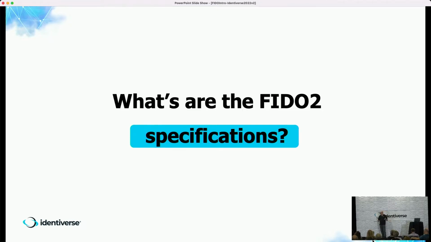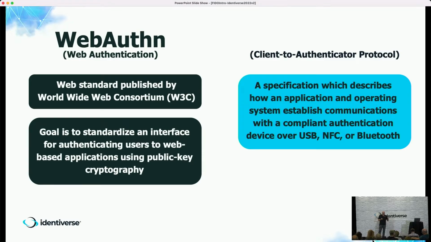So then there's the specifications. This is the standards part of things. This is where we actually wrote things down and said, here's how it needs to work. So there are two. The first is one that's called WebAuthN, and that's probably the standard you hear about the most. That was specifically developed within the W3C, and it defines the browser APIs that you need to use to do Fido. And in the simplest terms, it defined two primary interfaces. One is a create and one is a get.